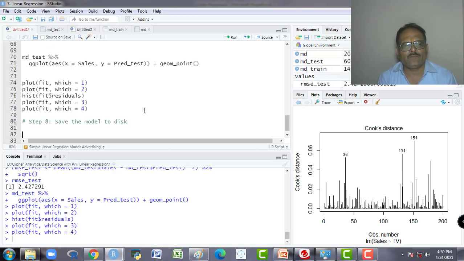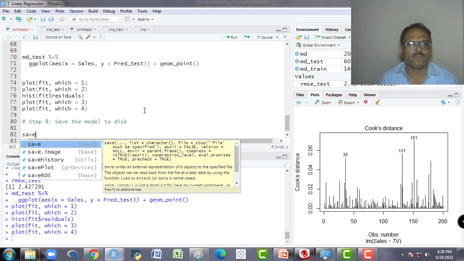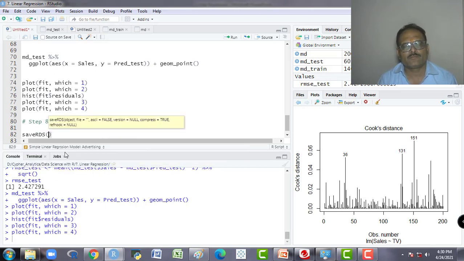For this we require an RDS format file, so we will write the command saveRDS. We have various extensions for saving machine learning model formats, but here we are using RDS.